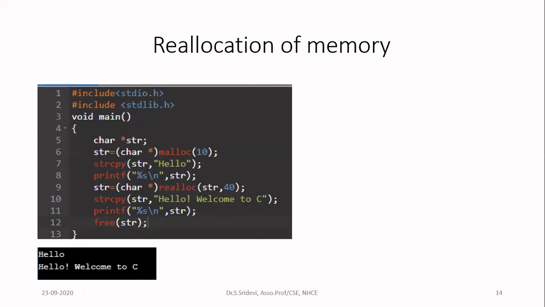So I have to free the memory now. I'm going to call the function free. You have to specify the pointer. The pointer we have used is str. So when you call this free str, whatever memory is pointed by the pointer str, now we have totally 40 bytes pointed by the pointer str, all the 40 bytes of memory will be put in the garbage area so that if any user wants later, they can use the memory. So this is a good way of writing a dynamic memory allocation.